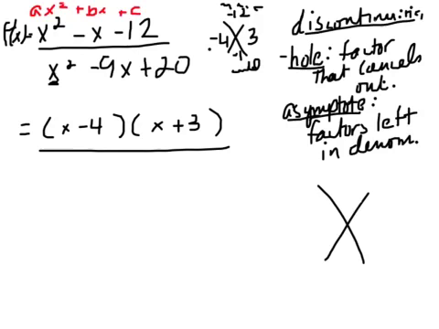What multiplies to give me 20, and at the same time, the same two numbers add to give me that middle coefficient, negative 9? Well, let's see, negative 4 and negative 5 would multiply to give me 20, and they would add to give me negative 9. And it may take you a little longer to find it than what I just wrote down. I just don't want to burn up the video